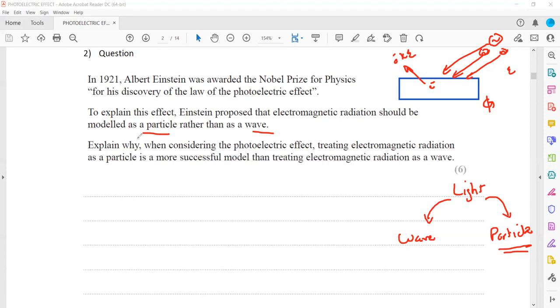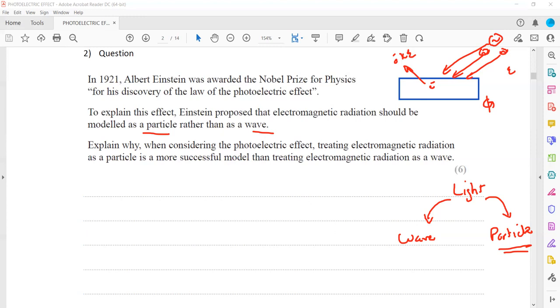So we have to explain why, when considering the photoelectric effect, treating electromagnetic radiation as a particle is a more successful model than treating electromagnetic radiation as a wave. The weightage of the marks is 6 marks. The question is simple: why the wave nature cannot explain the photoelectric effect and why the particle nature is able to explain it. So number one,